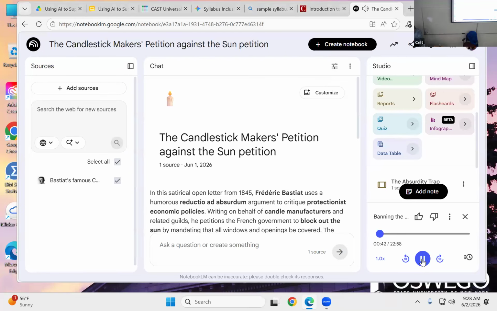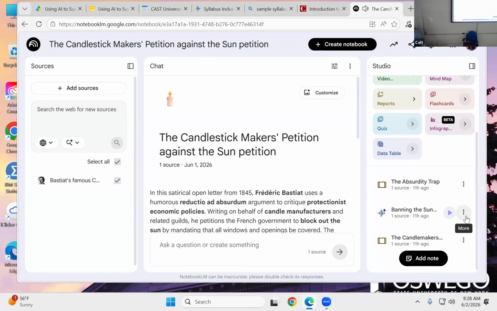It sounds like the inciting incident of a dystopian science fiction novel or a slightly terrifying corporate villain origin story. Right, it sounds completely insane. But what if I told you this exact scenario was actually the basis for one of the most brilliant, most cutting pieces of economic analysis ever written? It's just such a wild premise to start with. It really is. So today we are